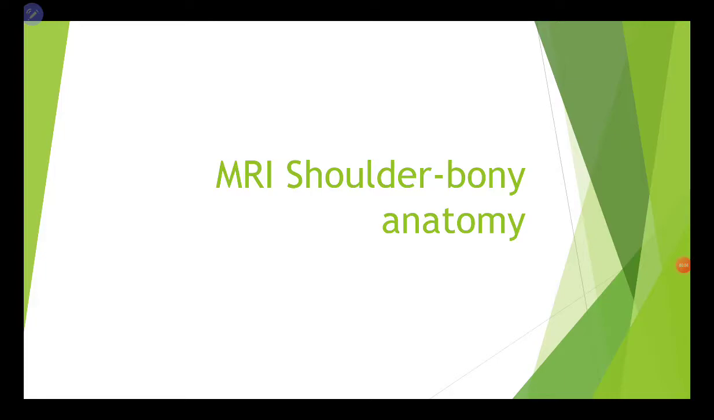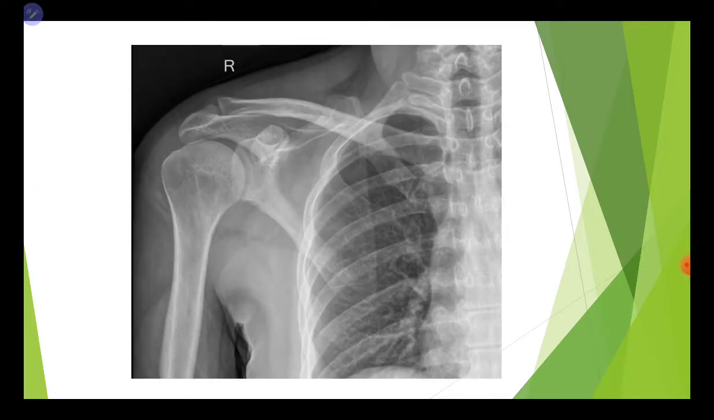In this video, I will be covering the bony anatomy on MRI in the shoulder region. So before going towards the MRI, let's see the bony anatomy on radiograph. What we are seeing here is the radiograph of the right shoulder, and we can see the glenohumeral joint is